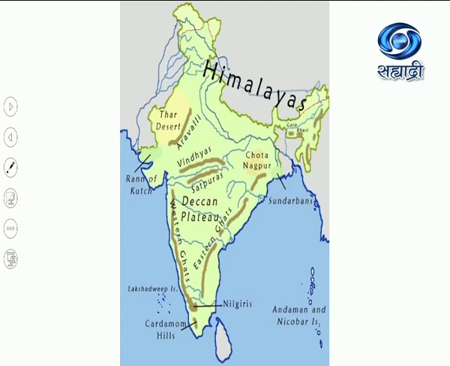Now, these winds blow parallel to the Aravalli Hills. Now, these are the Aravalli Mountains, which run from north to south. When these winds travel, there is no obstruction over here. Rather, they blow parallel to the Aravalli Mountains. As a result, rainfall is low in parts of Gujarat and Rajasthan. So this area receives no rainfall because there is nothing to obstruct these winds, because these winds flow parallel to the Aravallis. Later, these winds move towards the Himalayas.